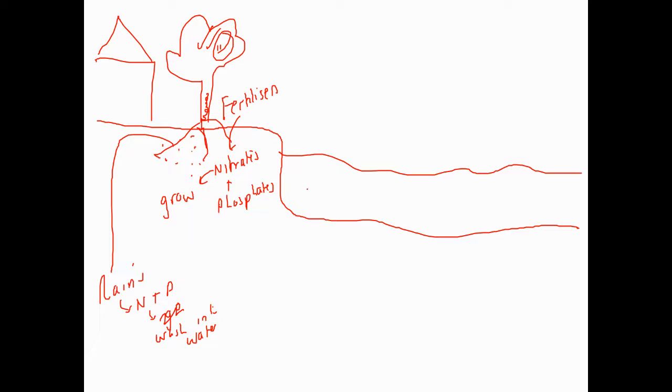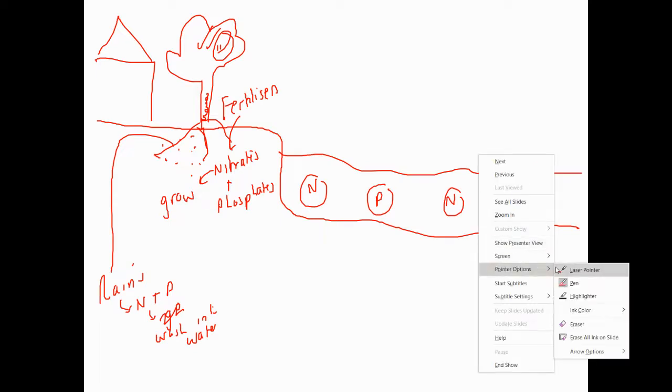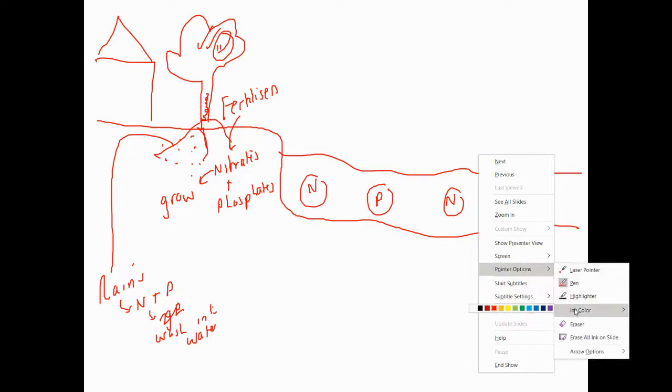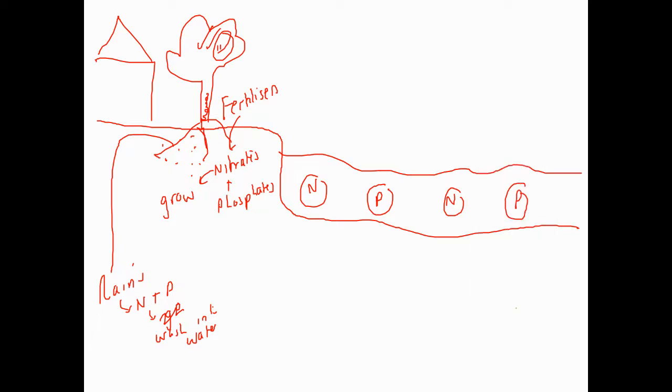So I'm just going to put, because this is where it went wrong really, N P, N P, to give you an idea they're there. Right, boys and girls, sadly, because there's now lots of nitrates inside the water, what does that cause the surface plants to start doing? Well, the algae. It then causes the surface plants to start growing more here on the surface. Everyone following me? So that's your next point.